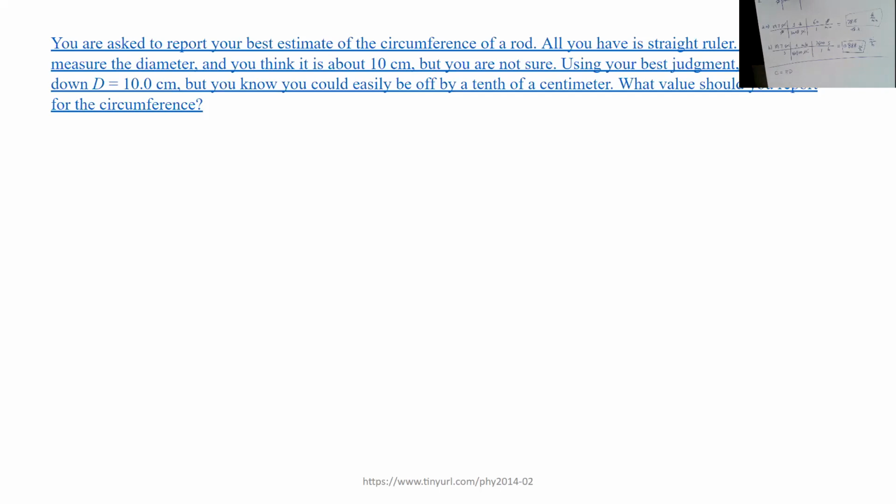So you take a measurement, and it tells you it's 10 centimeter for the diameter. This is a ruler that probably has the least count as 1 centimeter, so you are going to estimate the next digit. It appears like it's exactly falling on the 10 mark, so you say 10.0. Because of that uncertainty, you could easily be off by a tenth of a centimeter. So that means your uncertainty is 0.1 centimeter. So when you are reporting your D,